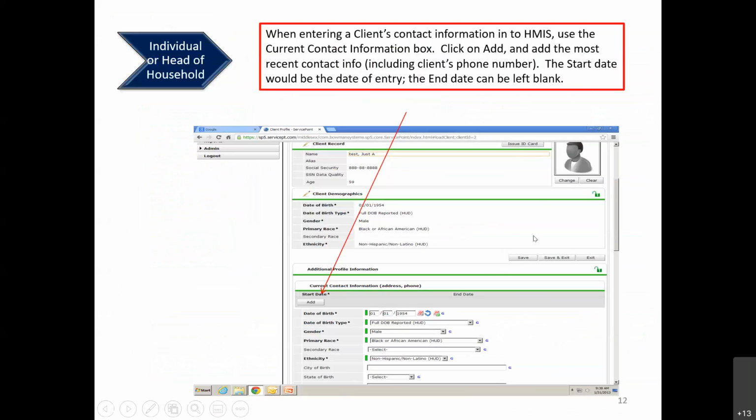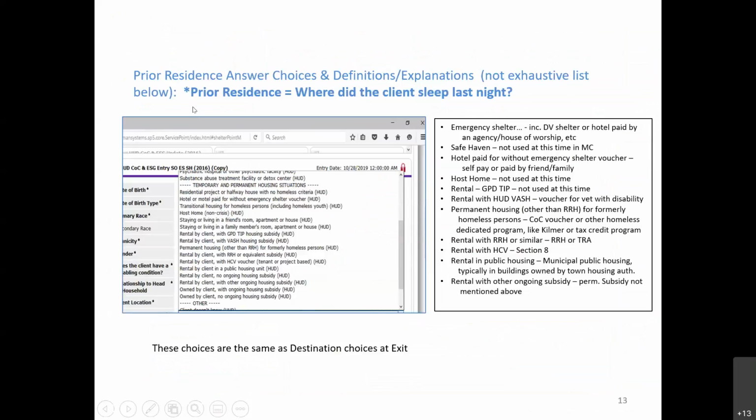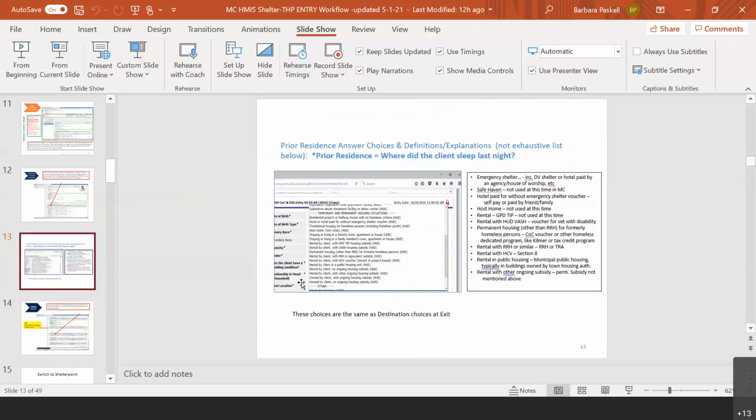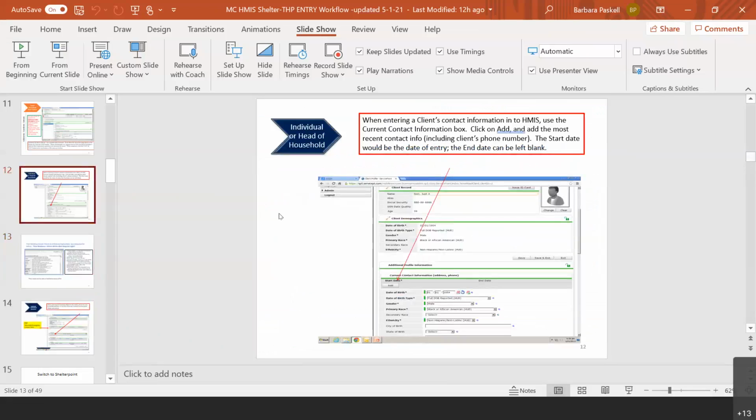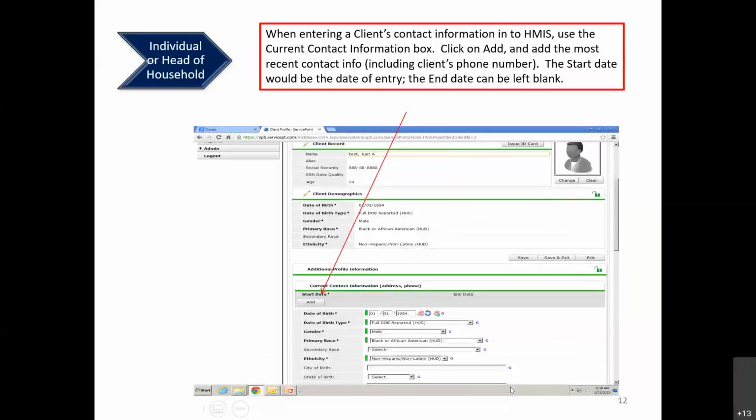All right. So as you're going through, I'm just going to do a couple of items on the, oops. All right, I'm going to do a couple of items on the